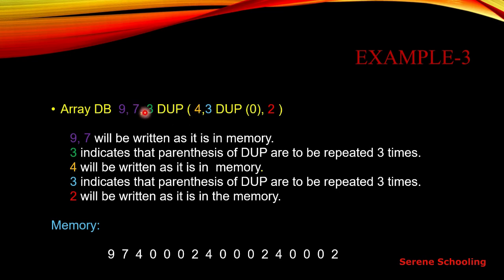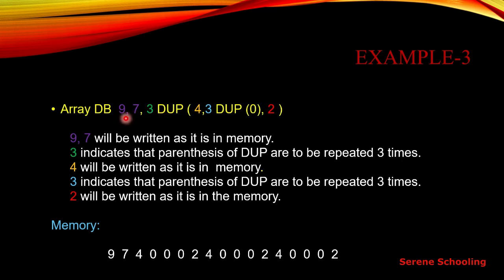Whatever is written right with this dup, you can say mnemonic or operator, it just tells us that whatever is inside the parentheses will be executed 3 times, or this many times, whatever number is written over here. It tells that this whole statement will be executed that many times. And whatever is written to the left of this integer will be stored in the memory as it is, as numbers.